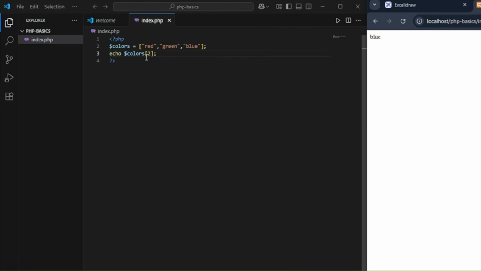Now, index arrays are great for storing things like lists of colors, scores, or product names. And they're easy to create and super useful when you need a sequence of items. Moving on from index arrays, we have associative arrays, and it's a bit different from what index arrays are. Inside